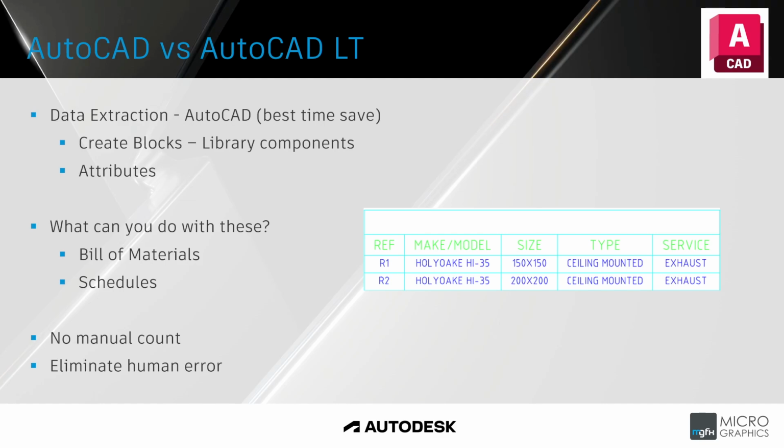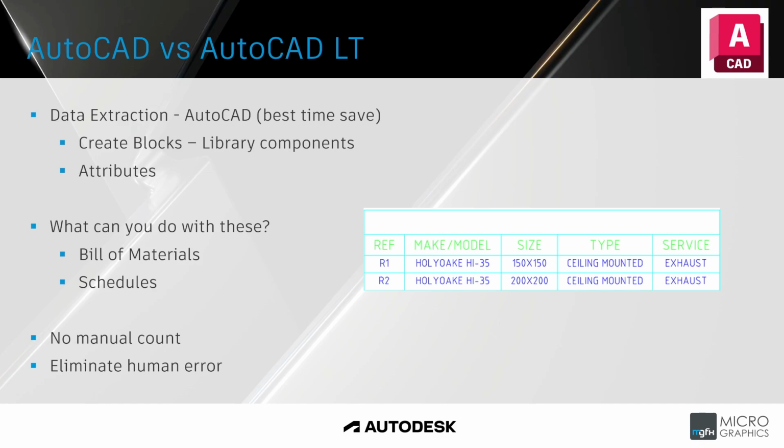So if I create a block, and then I start populating it with attributes, I block everything. So I block the geometry, and I block the attribute inside the geometry. And it saves it as metadata inside there. So when I bring my block in, say for example I've got 10 chairs that I bring in, and the material, which is an attribute, is wood, it'll tell me that there are 10 chairs there, and the material is wood or steel, or whatever it is you want. So you're able to pull that information out by using the data extraction, and the output from that data extraction would either be